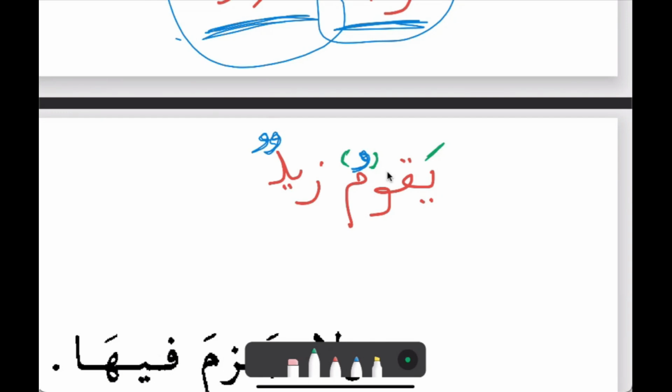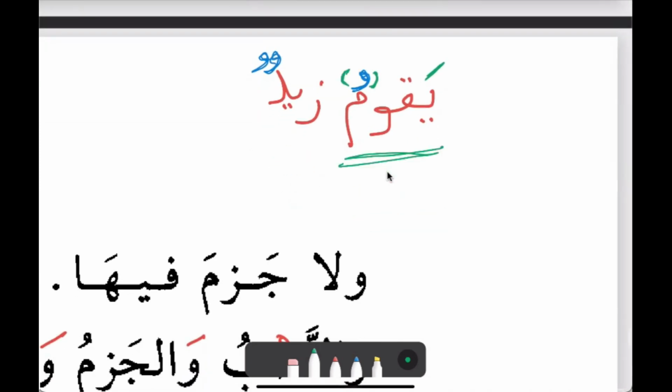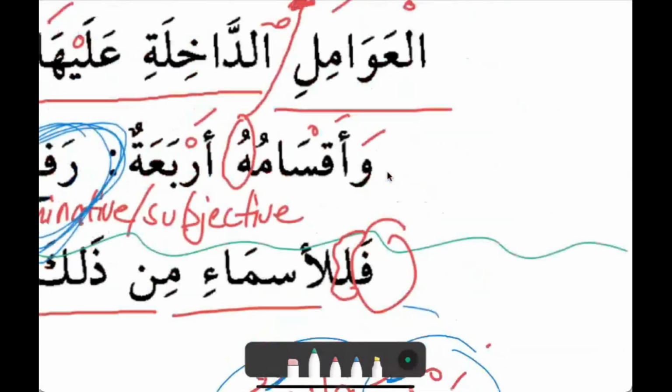This فعل مضارع. So, يقوم فعل مضارع مرفوع. It is a mudari' verb in the state of rafa. And زيد فاعل. Zayd is the doer, مرفوع, also in the state of rafa. وعلامة رفعه ضمة. And its sign of rafa is a ضمة. So here you see the verb has a state of rafa and the noun has a state of rafa. So let's back up a little bit.